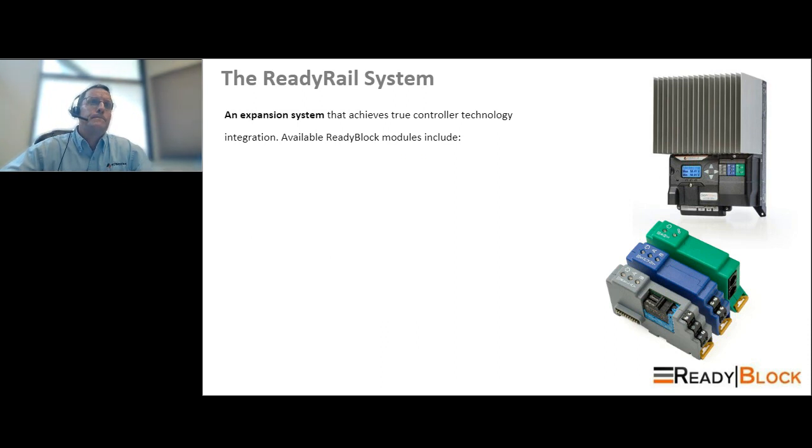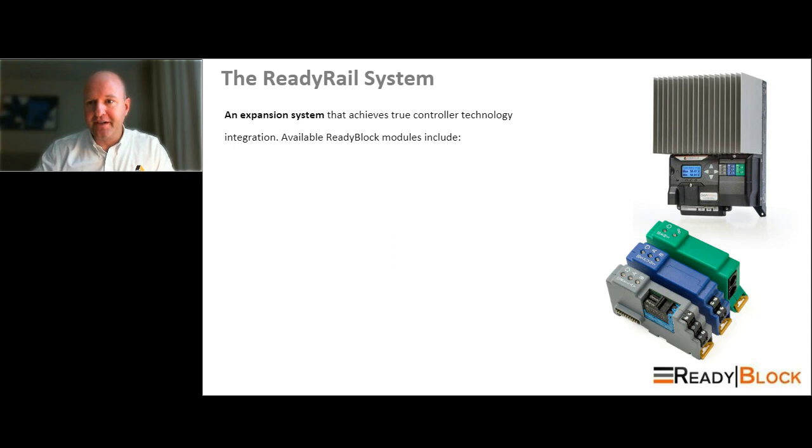Great. Thanks very much, Bill. That was good to see all the in-depth discussion about the product, especially the engineering perspective behind it. So really appreciate it. So yeah, as Bill had mentioned, to talk a little bit more about the ReadyRail system,